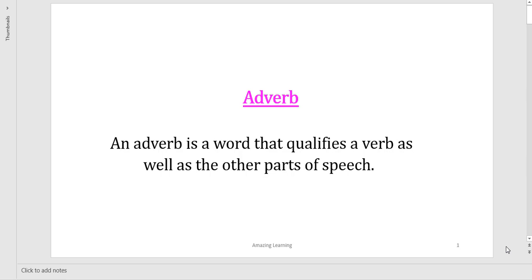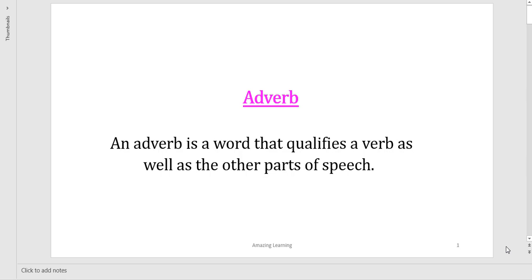If you haven't seen the video on verbs, please watch that first, and then you will be able to understand adverbs. For example, we have a verb and we want to qualify it, meaning a word that we attach to the verb through which we can qualify it in the form of manner, time, place, or maybe in the form of a question. In that way the specific word would be considered an adverb.